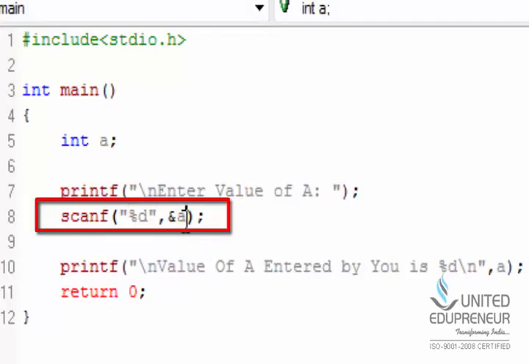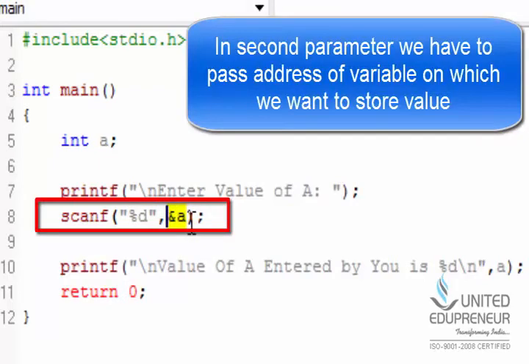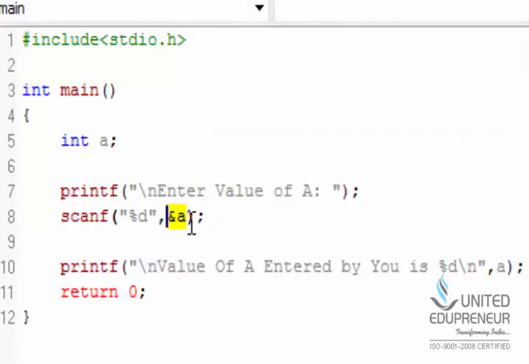Here we have to write at which address we want to store this input. I want to store this input into variable a, so I am writing address of a, meaning ampersand a. This is the syntax of the scanf function. Now this line will take input from the user and store it into the variable a.